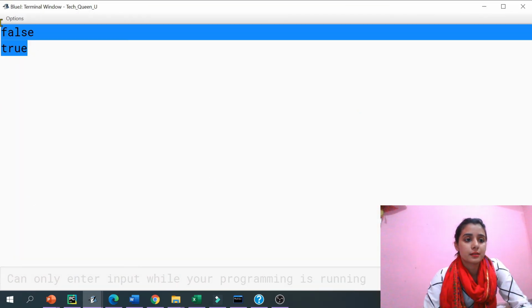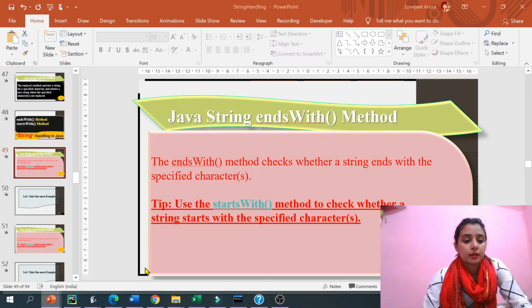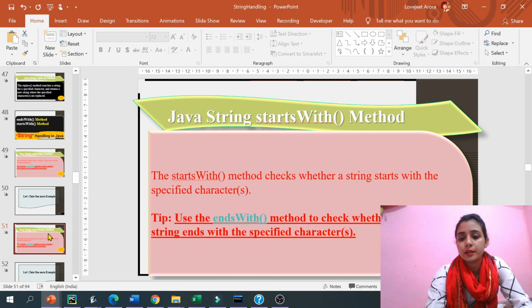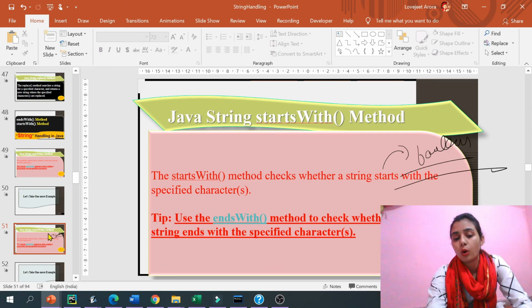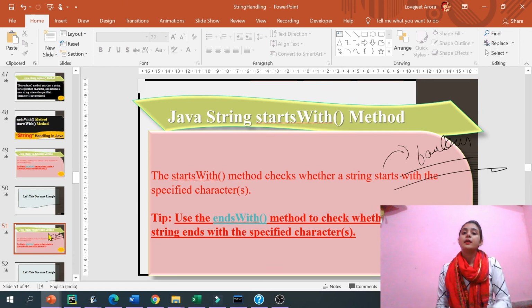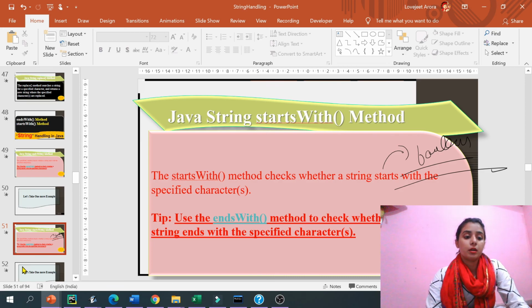So this is right. We have to always remember that it returns a boolean value. Always remember this, because the question can come in the question paper.